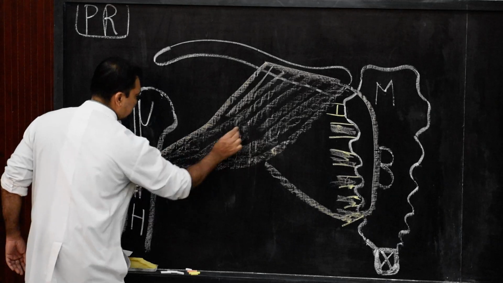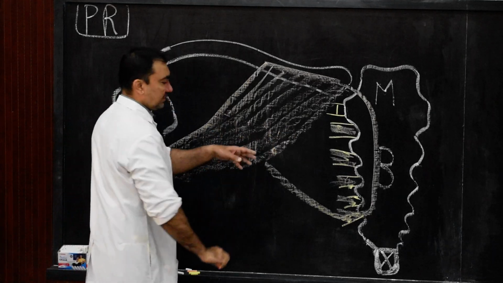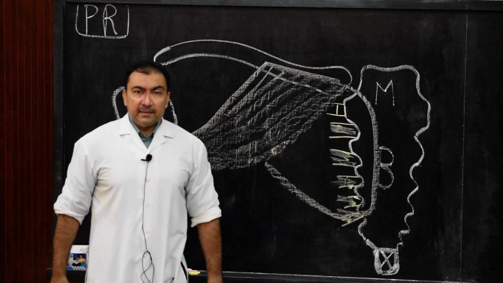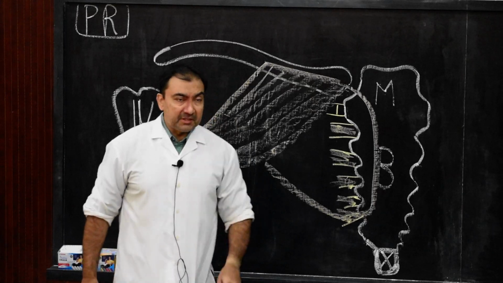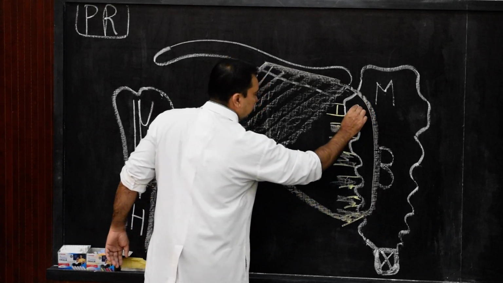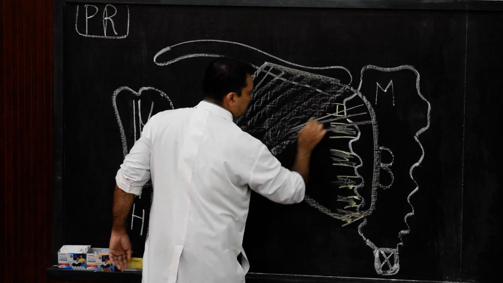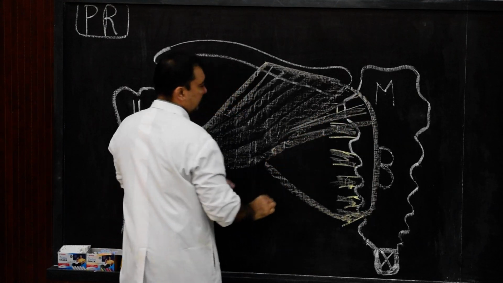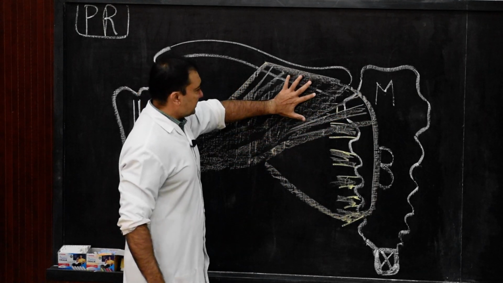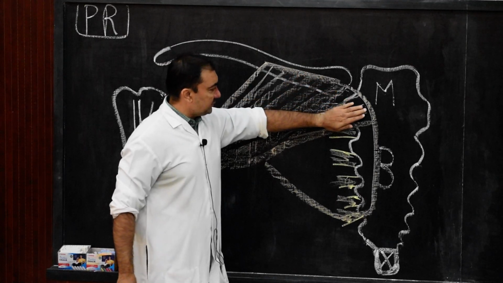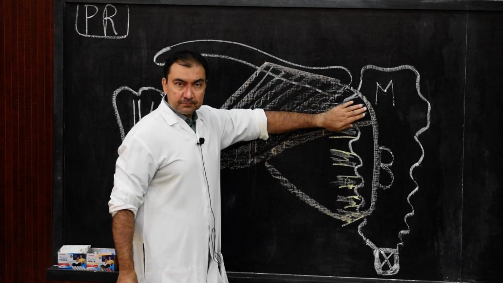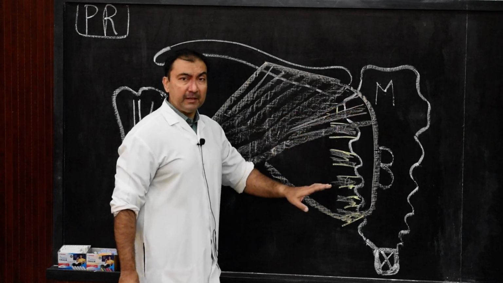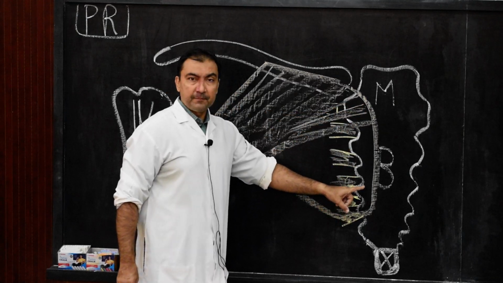They are clavicular fibers. The intermediate fibers will come from the manubrium of the sternum. And the deep fibers will be from the sternal margin